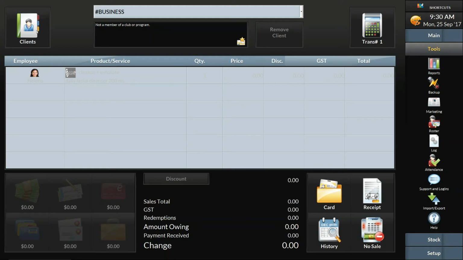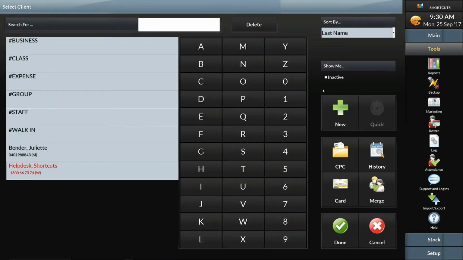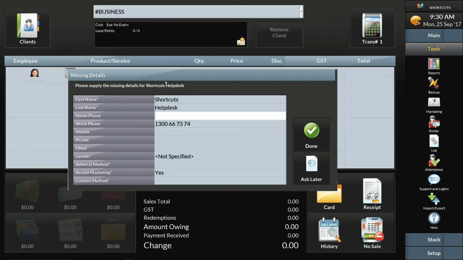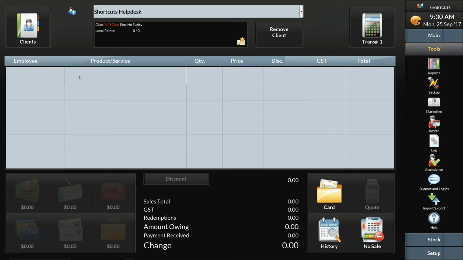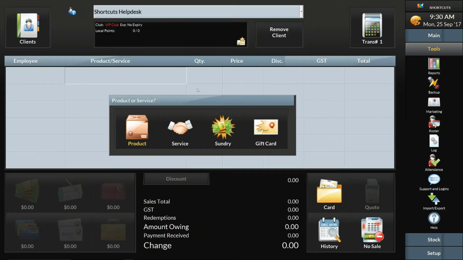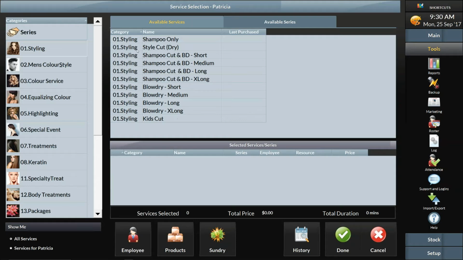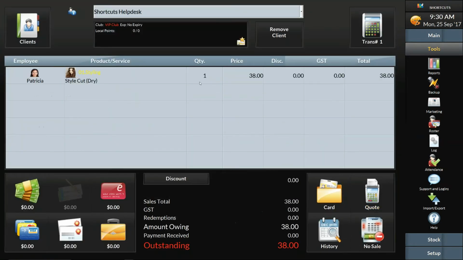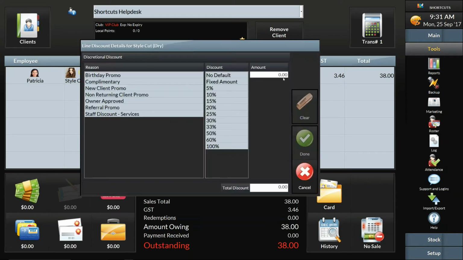I'll bring a client into the screen here for a transaction, and I'll add some items in for sale. Let's add a service item in. Notice here how the current price of my style cut dry is $38. Next to that, you have the discount column. So if I was to add a discount or select that cell to apply a discount to this item,